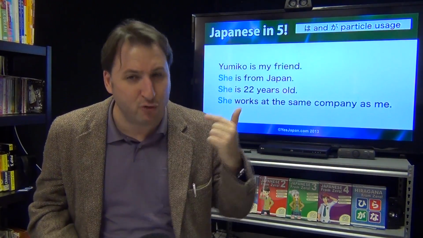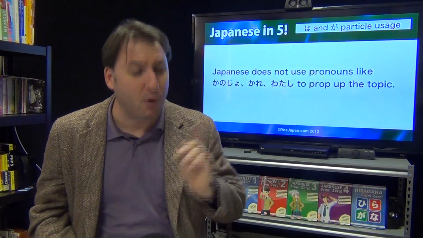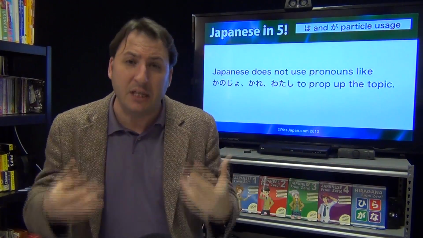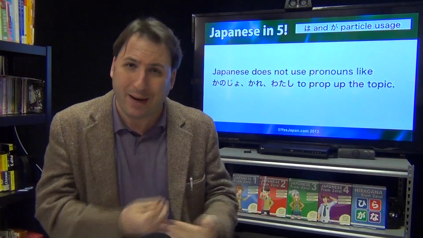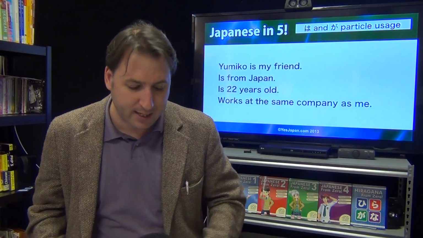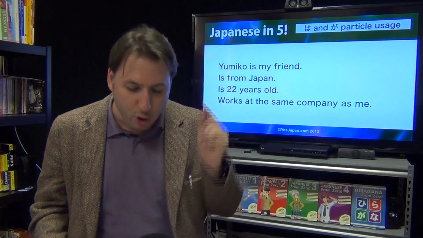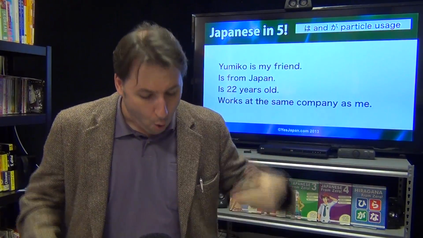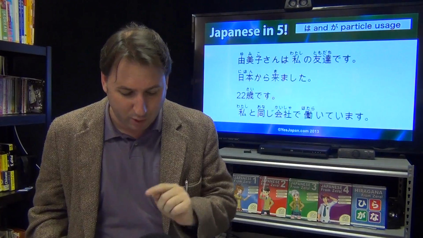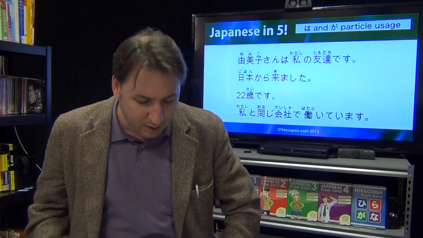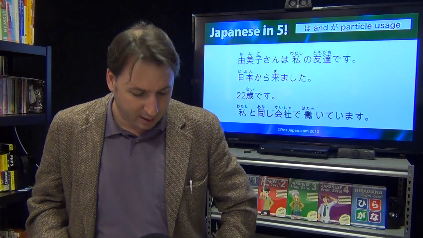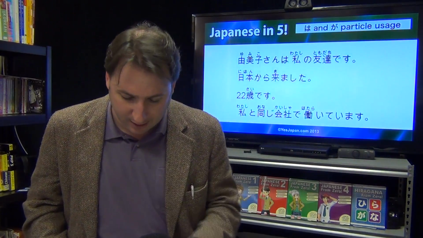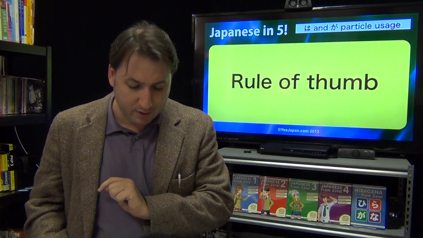In Japanese, we do not do that. They do not use pronouns like kanojo and kare and watashi and anata to continually prop up the topic. It doesn't happen. Instead, it sounds like this if you translated it into English. Yumiko is my friend, is from Japan, is 22 years old, works at the same company as me, and this is what it would look like. Yumiko-san wa watashi no tomodachi desu. 日本から来ました。22歳です。私と同じ会社で働いています。